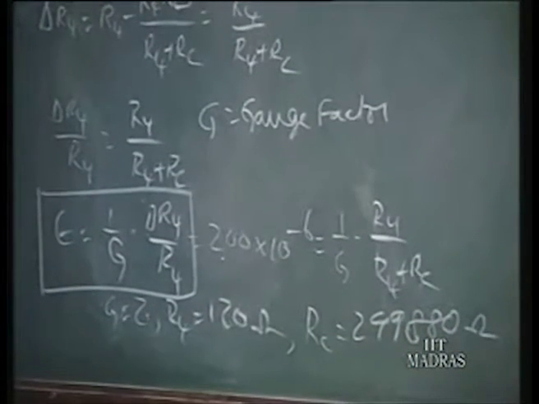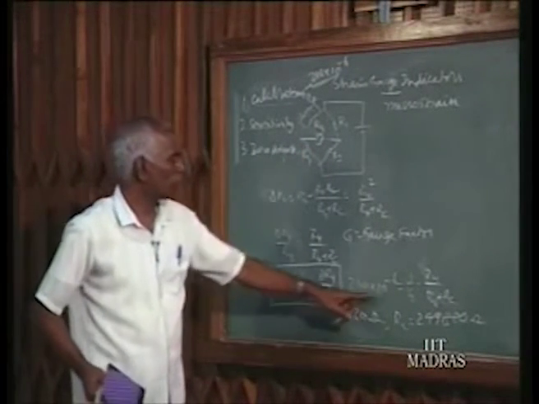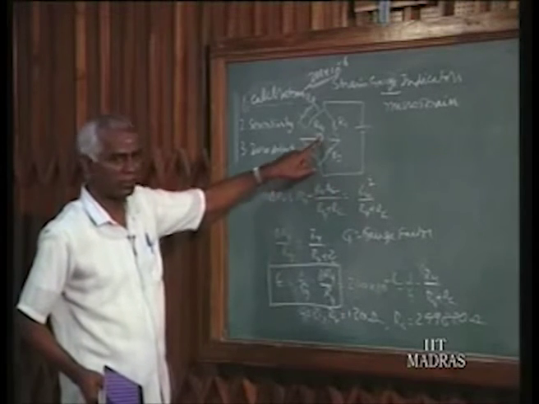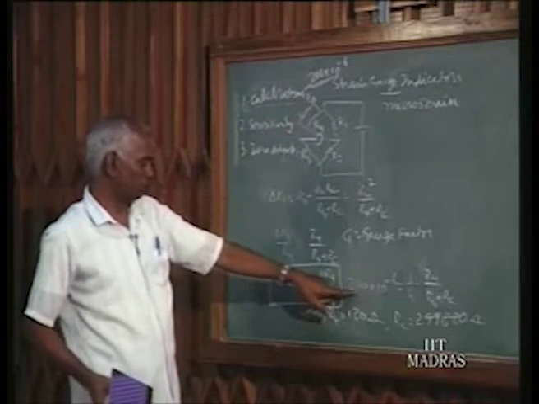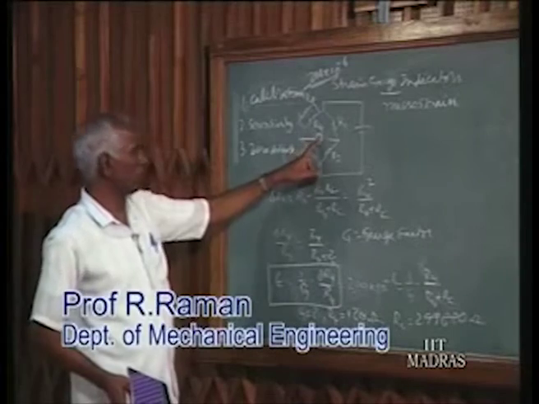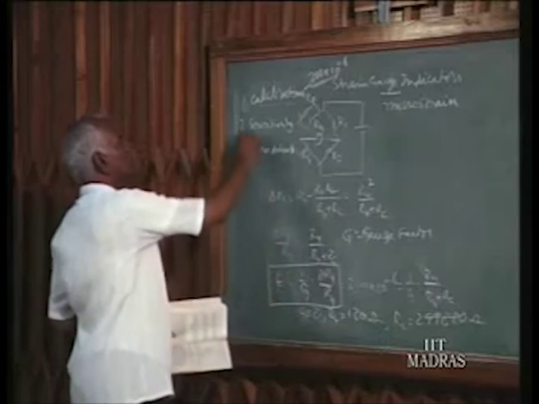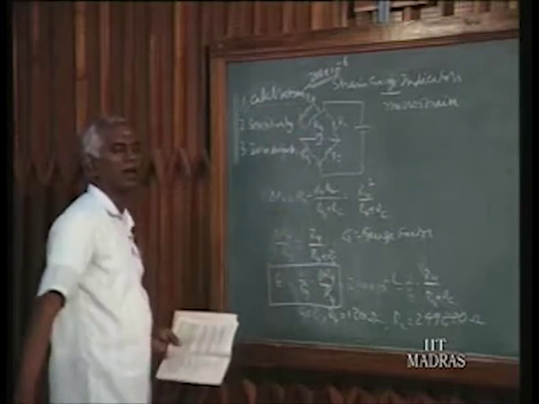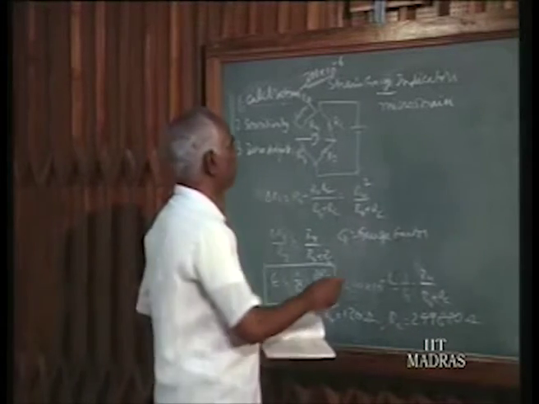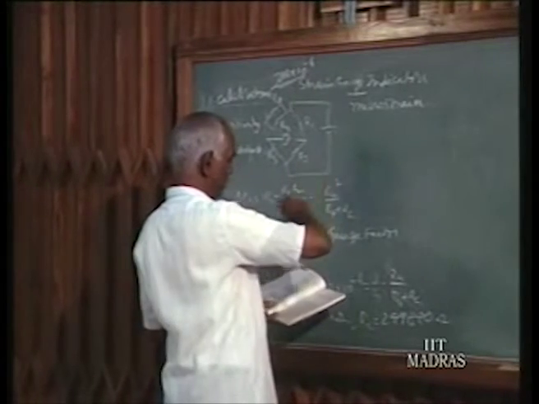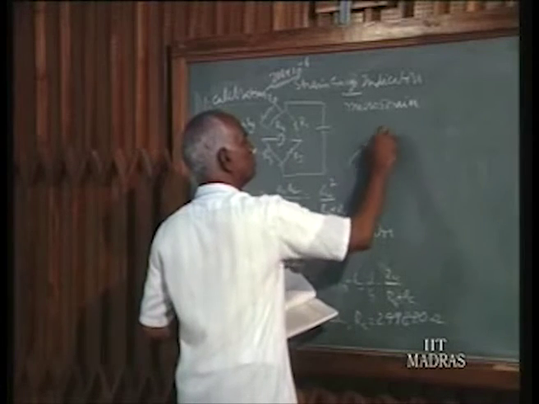When you close this switch, immediately the resistance change is equal to a strain of 200. So you get whatever the imbalance voltage. That voltage is made into 200 by the electrical circuit. You should get 200. If you don't get it, adjust some other knob, that is what is indicated. So by calibration, we are changing one of the arms and getting the required reading. Then for sensitivity, sensitivity adjustment is done. Again, if you don't get the required reading, you are supposed to adjust the bridge network.